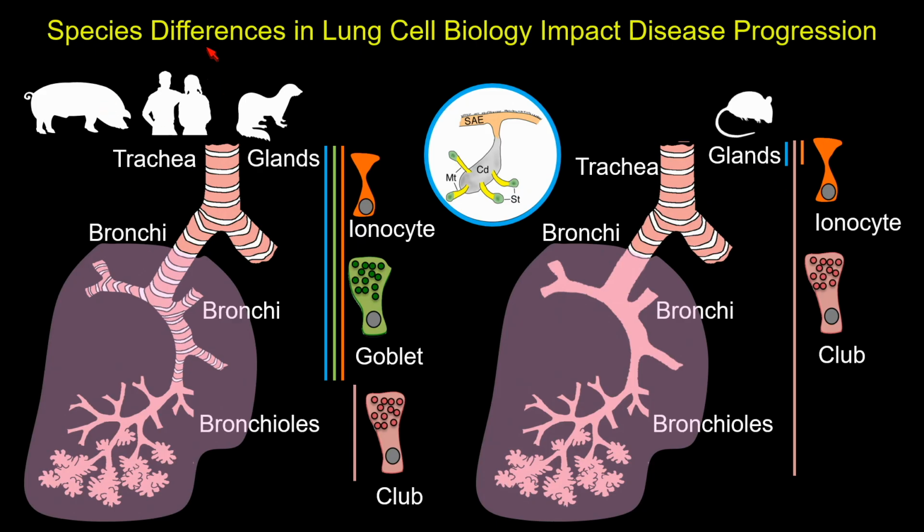While in humans, pigs, and ferrets, there are abundant submucosal glands throughout the cartilaginous airway. Here, goblet cells and club cells are the major secretory cells in their airway, and ionocytes are expressed in the cartilaginous airway, suggesting that their lung biology, including cellular composition and structures, is more similar to